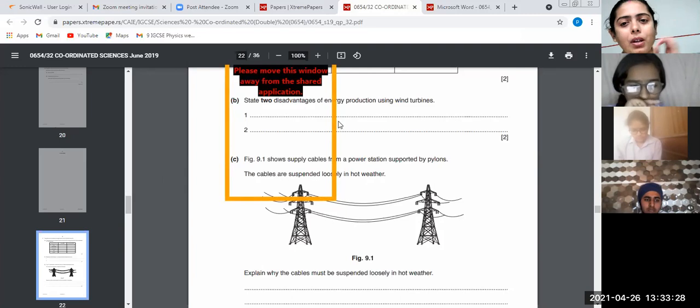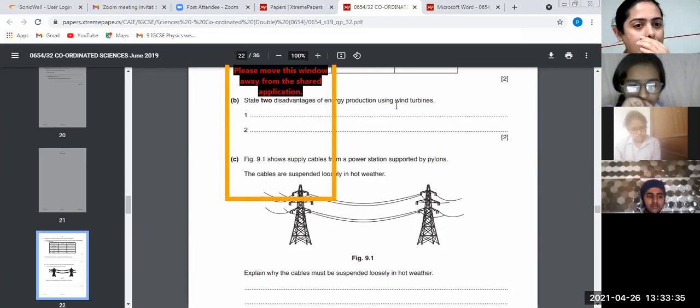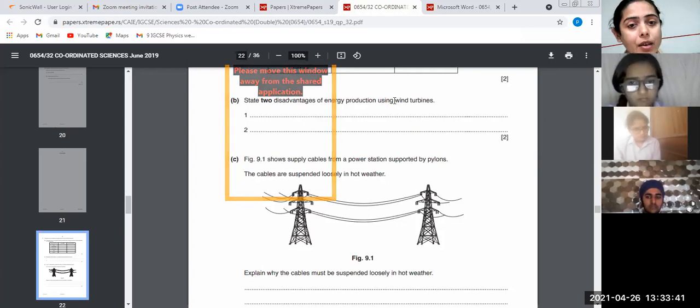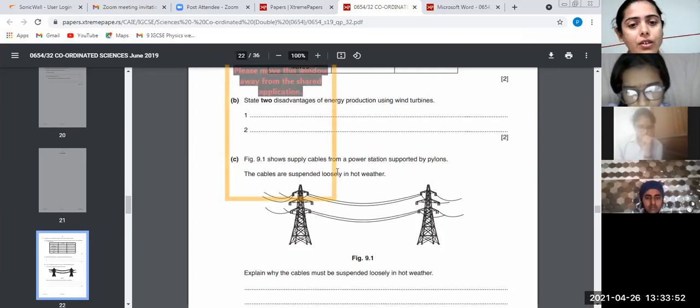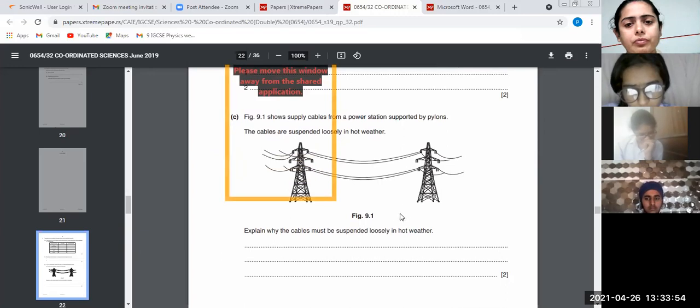For example, the kind of setup which can be on a barren land where there can be no vegetation, so we can use it for this. Fine. But yes, it is a wind turbine, so obviously, as Navjot said, the weather conditions play a very important role. Wind direction is also very important. Okay? So any of the following.